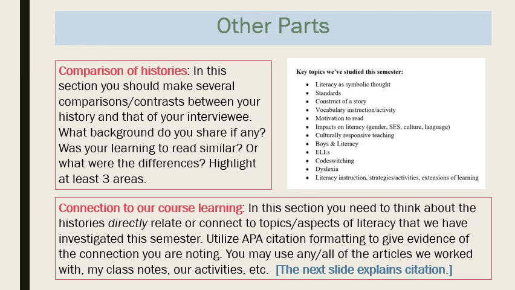So what you'll want to do is make a minimum of 3 connections. If you look at the rubric, it tells you need to have at least 3. And as educators, obviously, we want to make sure that we're citing the sources that we've used to make these connections. So it might connect to the articles, it might connect to some of our class discussions as I noted them on our class PowerPoints or whatever that type of thing may be. But you're going to utilize APA citation. And on the next slide, I provide you the information that you'll need to know how to effectively and correctly cite the sources that you've used.